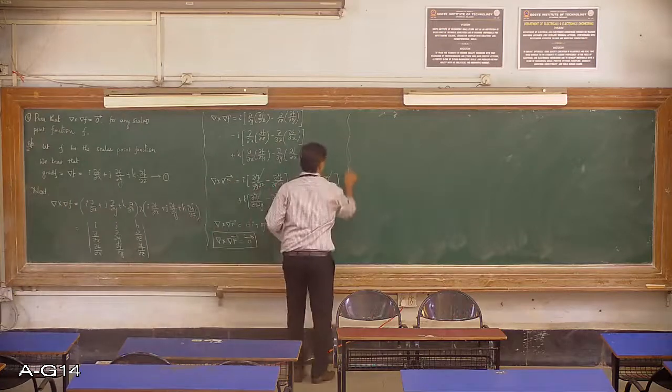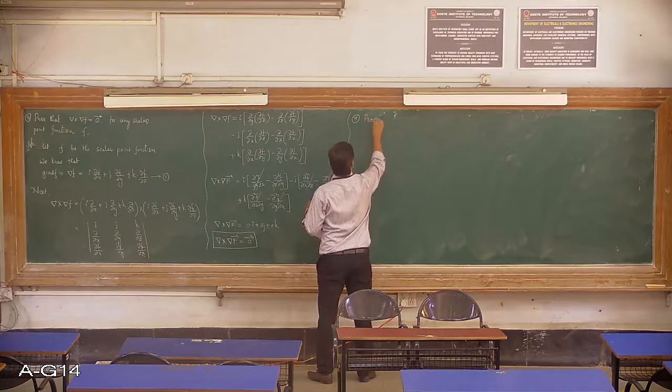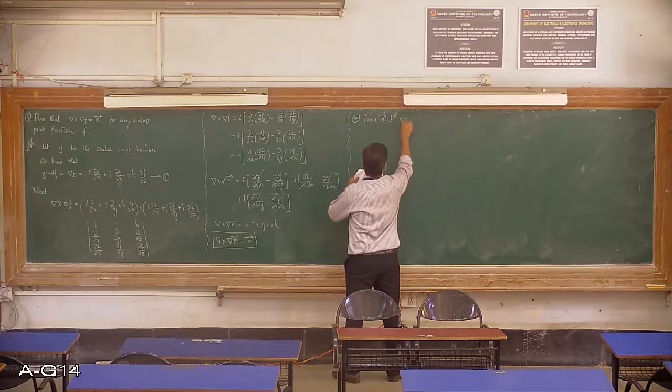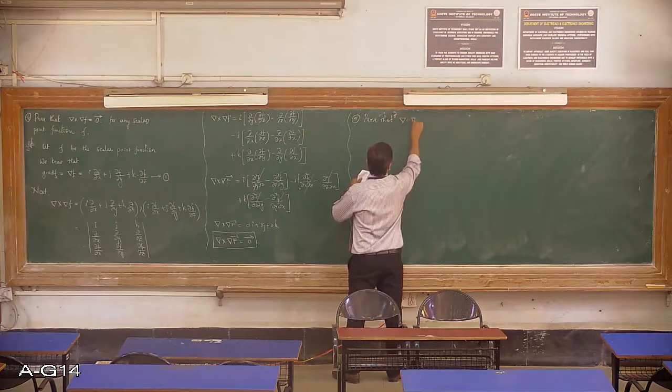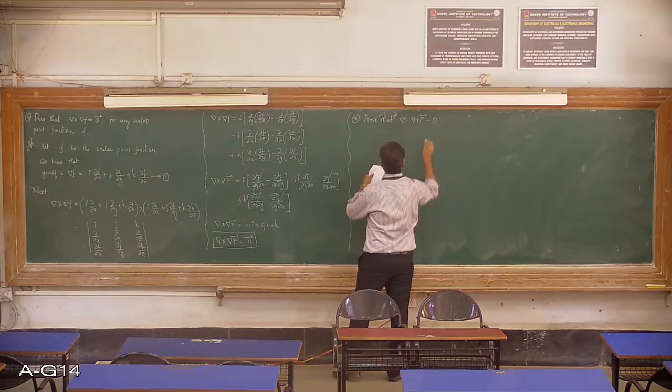Example number 5. Prove that del dot del cross f is equal to 0,